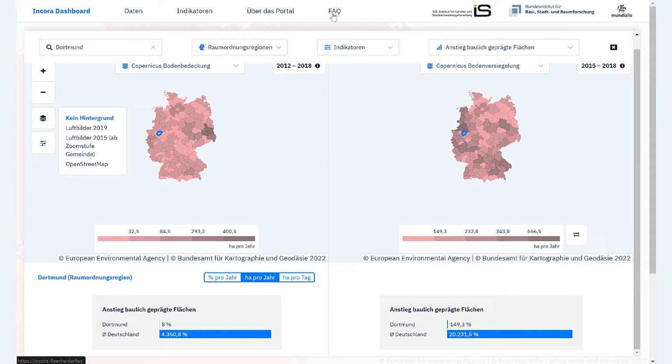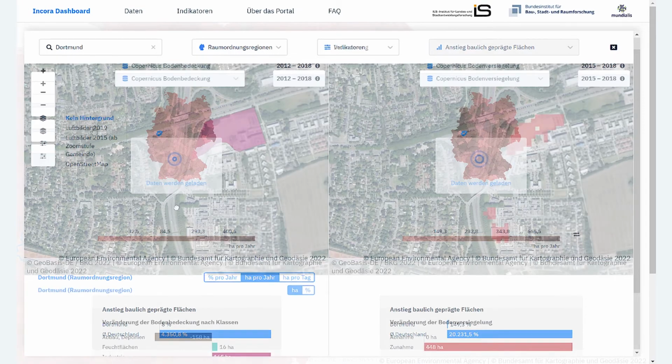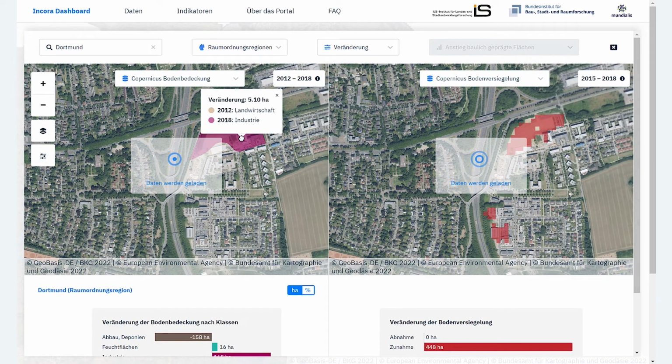A more straightforward way is to compare the changing layer of the dataset, which will provide a better understanding of the change behind it. For instance, here, the Copernicus land cover tells you that a patch with a size of 5.1 hectare was converted from agricultural land into industrial during the period between 2012 and 2018.